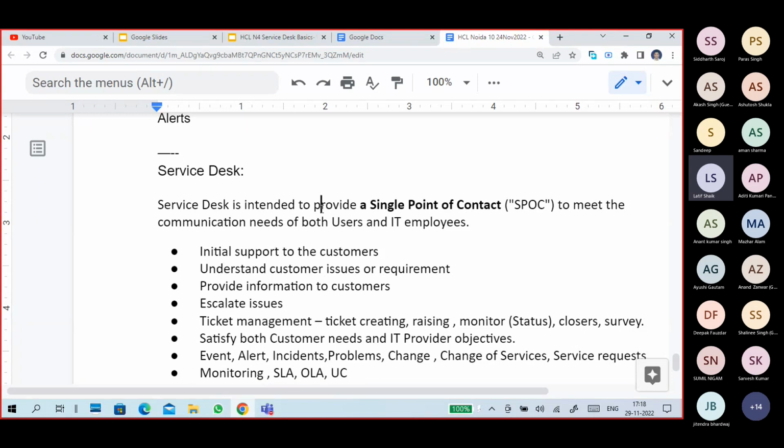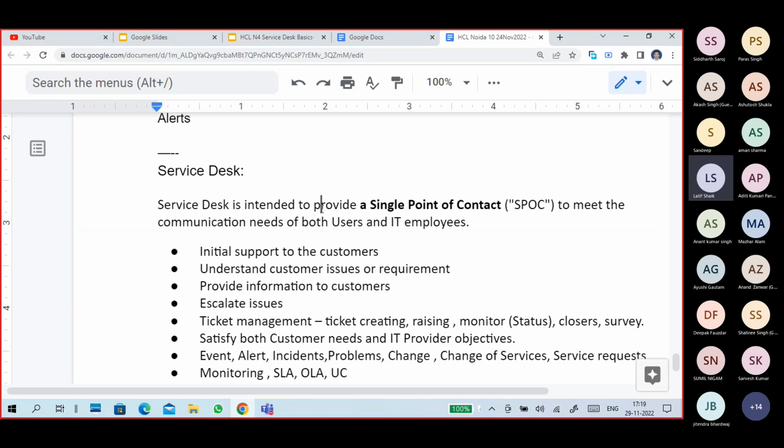Issues should not go beyond level 2. Level 2 is expert in that issue. Level 3 is maximum management, making new things and all. Level 4 is an outside supporter, means external supporters are level 4.